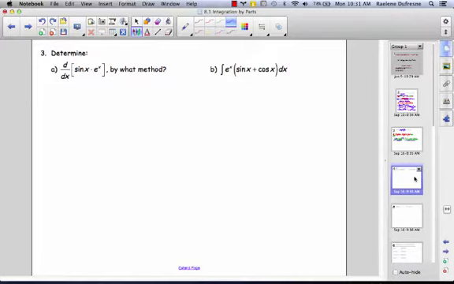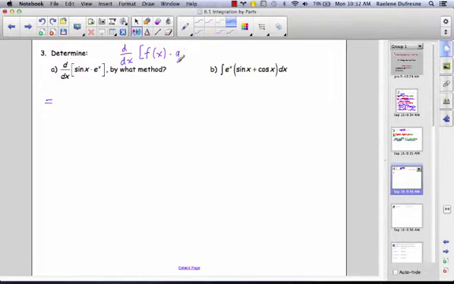In number 3, determine the derivative with respect to x of the product sine of x times e to the x. Well, recall from Calculus 1 that in order to take the derivative of a product, we use the product rule. And so here we have the derivative of the first times the second plus the first times the derivative of the second. So if we just review the product rule, d by dx of f of x times g of x